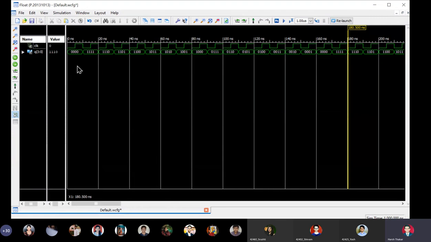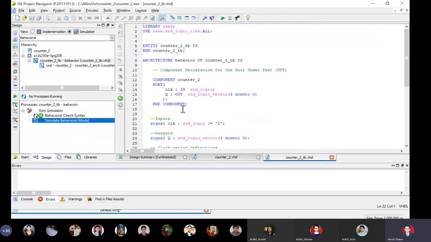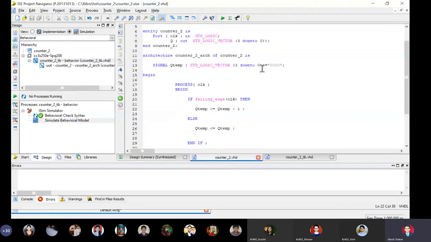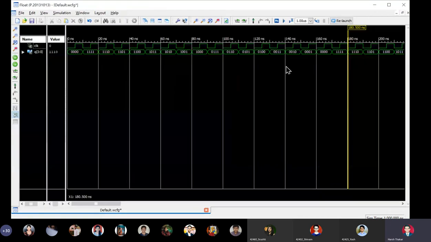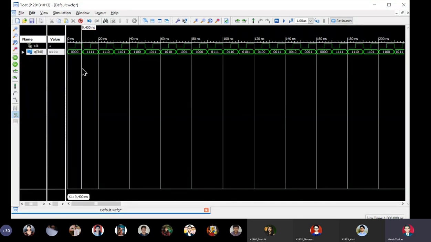So we are seeing here that in our main VHDL program, we have initialized our output Q temp to 0 0 0 0. That is why when the first falling edge comes, it is doing 0 0 0 0 minus 1. So it is giving 4 ones. So here when it was an up counter, at the arrival of the first falling edge, it was becoming 0 0 0 1. It was incrementing by 1. Now it is becoming minus 1. So it is now 0, then 15, 14.